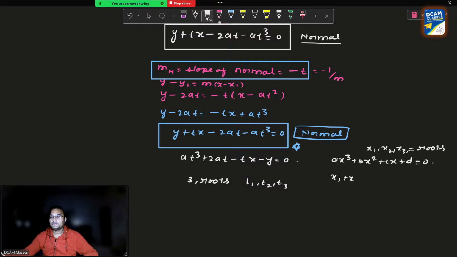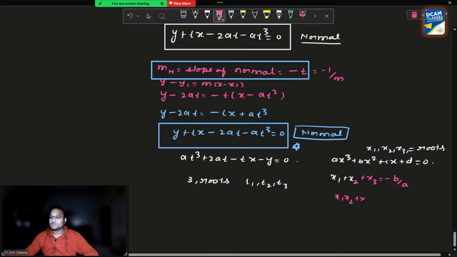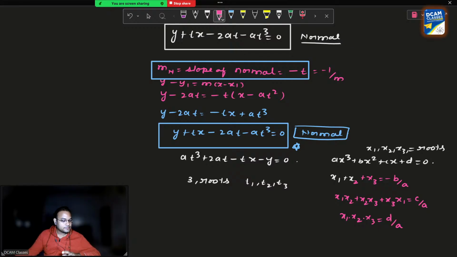then you know this one, that the sum of the roots x1 plus x2 plus x3 will be what? Minus b by a. x1 x2 plus x2 x3 plus x3 x1 is equal to c by a. And the product of the 3 roots x1, x2, x3 will be equal to minus d by a. These things are there. Like that, we can find out